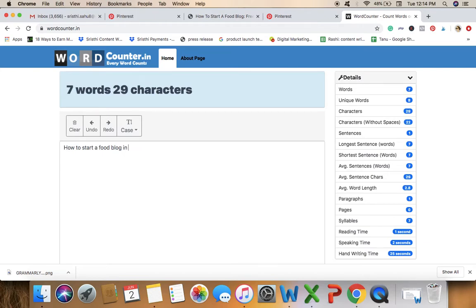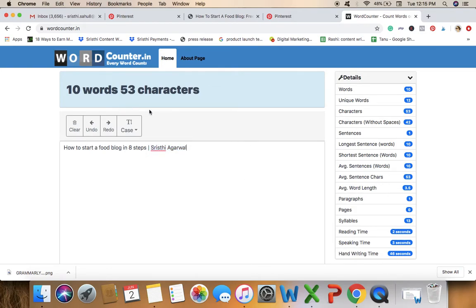How to start a food blog. So within 30 characters we have what we want. Okay, so in 8 steps, even if this is not shown, that's okay with us because we have this entire thing in place. Now this is still not 100 characters, so we are going to put Shrishti Agarwal in the title itself, just to tell people that this is a pin that belongs to shrishtiagarwal.com, which is the name of my website and my personal brand.